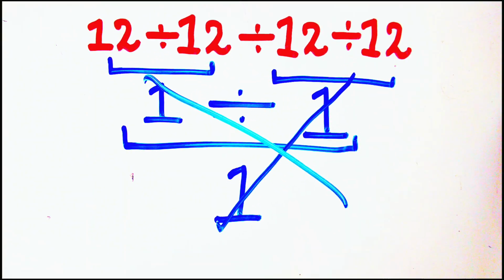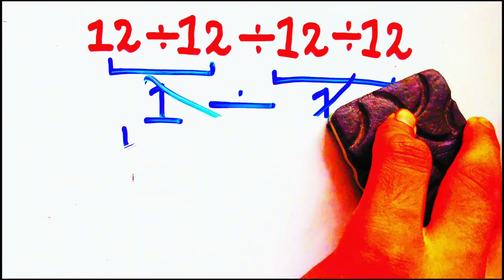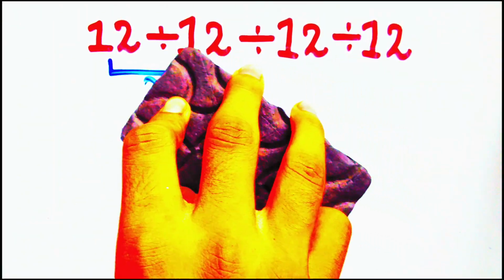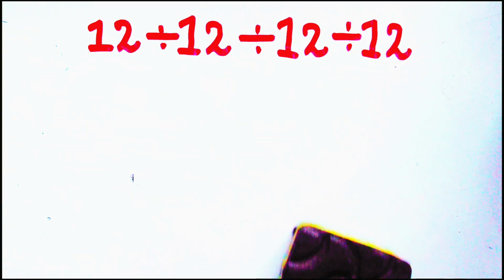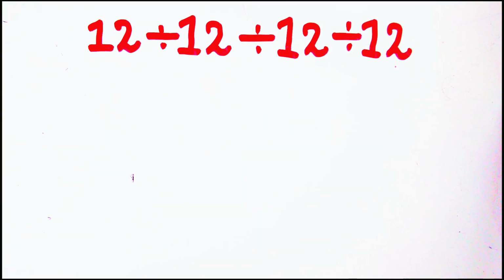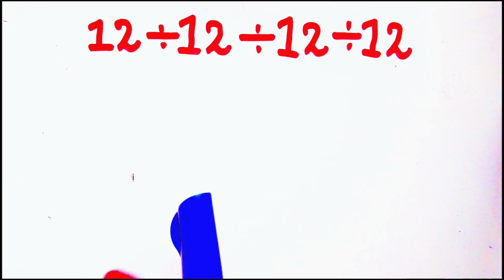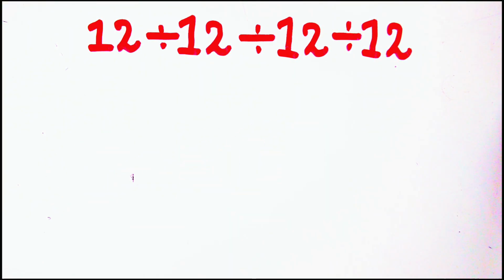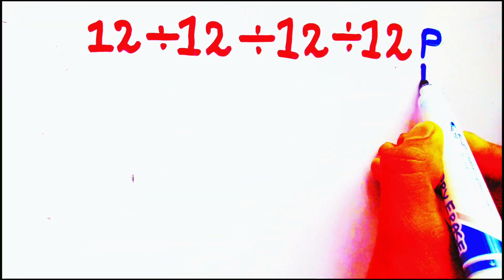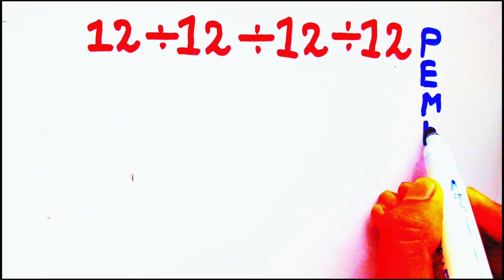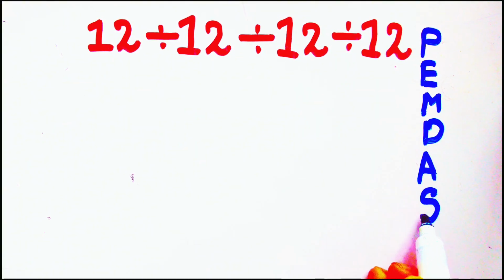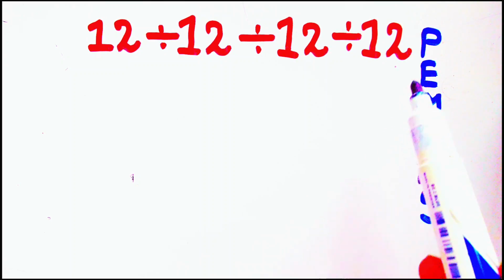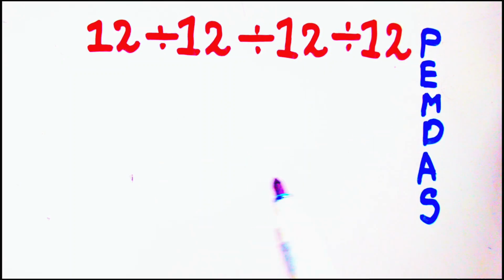The mistake that 90% of the people make is they didn't follow any order of operations. So we will solve it again by obeying an order of operations, which is known as PEMDAS. Basically we have three types of order of operations: PEMDAS, BODMAS and DMAS, but I prefer PEMDAS the most. So what is PEMDAS? P stands for parenthesis, E stands for exponent, M multiplication, D division, A addition and S subtraction. By following this order of operations from top to bottom, we achieve our correct answer.